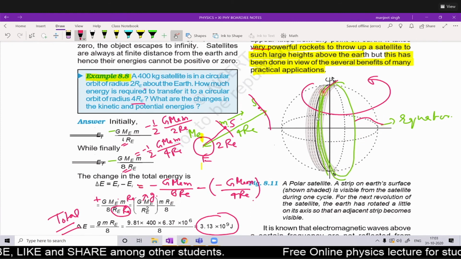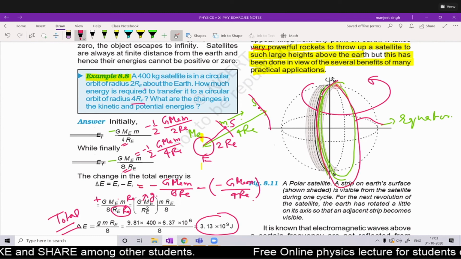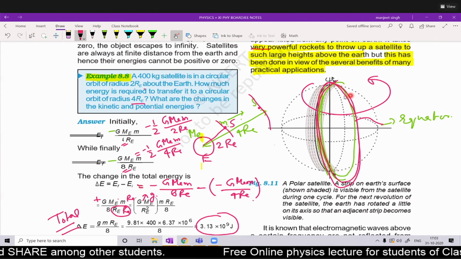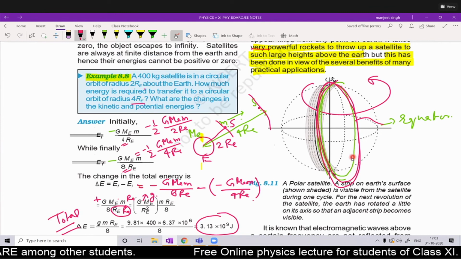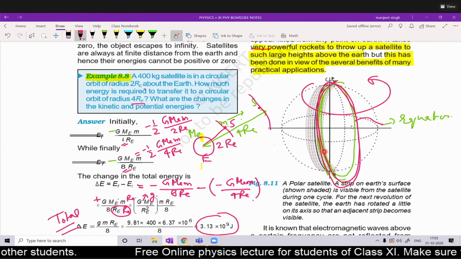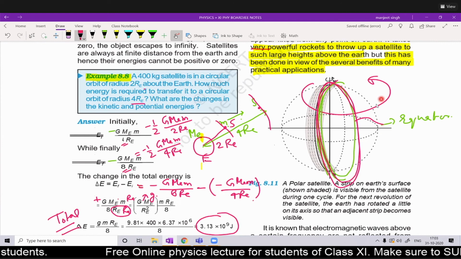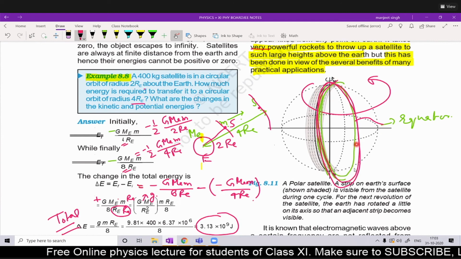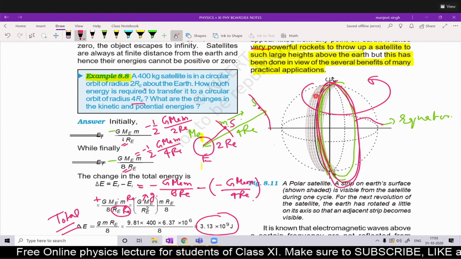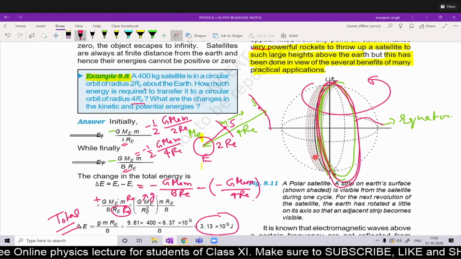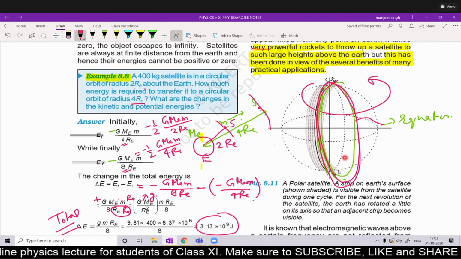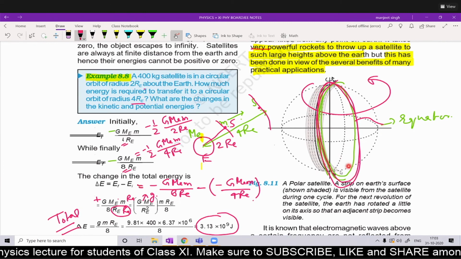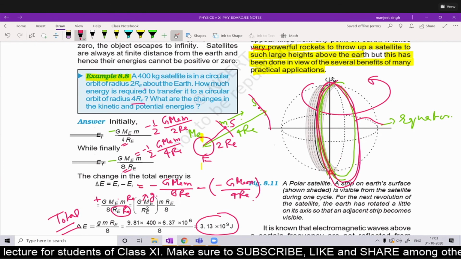If a satellite is revolving like this, then this is known as the polar satellite, whose time period is around 100 minutes or so. Very fast it is revolving. During one revolution, the Earth will be moving like this. So this will cover one strip of the Earth at one time. Again it will come here, and it will again scan the Earth, next strip of the Earth, and strip by strip it will cover the whole Earth.